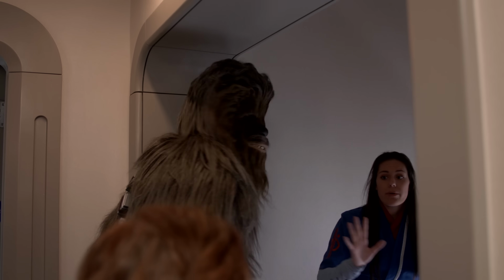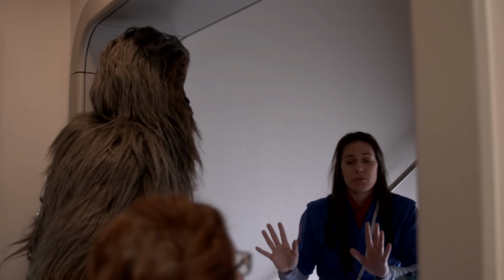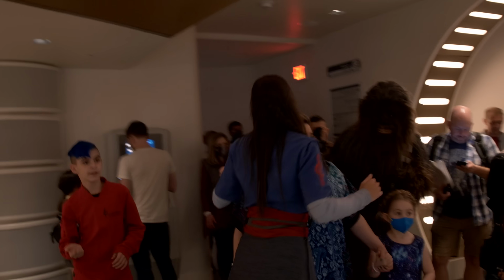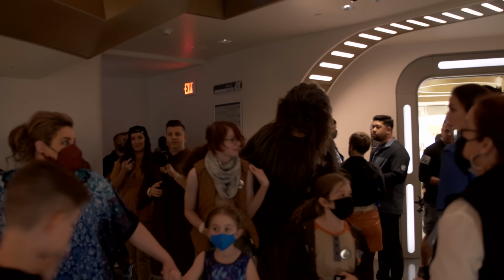So everyone, when we get up to these stairs, we're going to make a blockade around Chewie. Make sure we give him enough room so he can walk. In 5 minutes, we're going to be starting our ride on slide. So if you are interested in